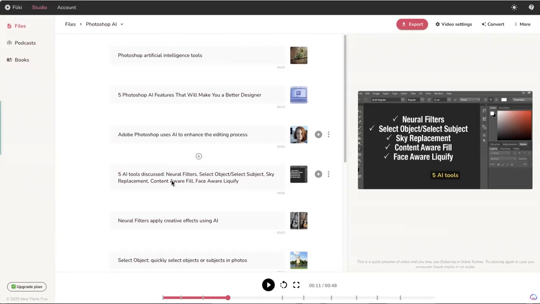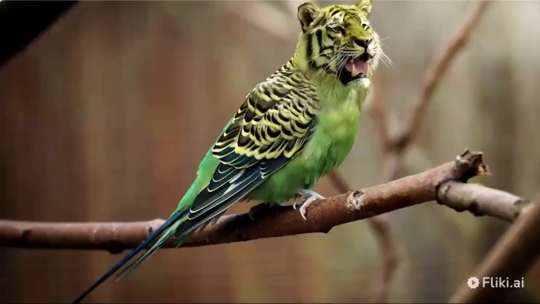This is one I should have changed. I'll show you how this video plays out. They use the exact same words as what's on the screen, so it makes that really boring. It's just reading it to you. I should have changed this so that when this screen is up, it said something different, just talked a little bit about AI or Photoshop and AI. All right, so let's see how this goes.